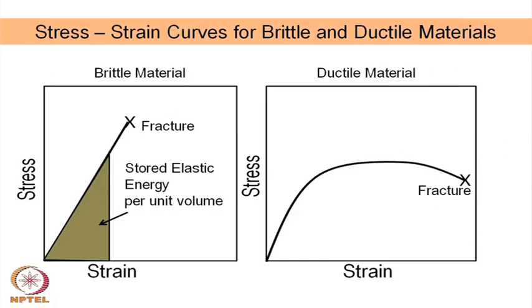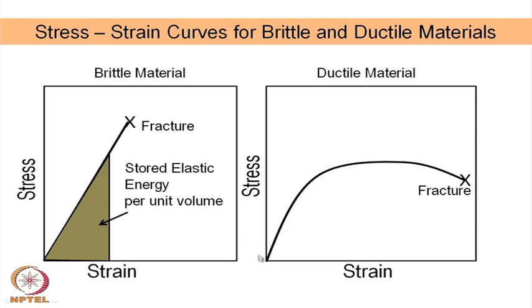Now, the basic concept, as we have said, the ceramic materials are brittle, and therefore, there is a significant difference between the stress strain curves of a brittle material and a ductile material. I think it is very fundamental to mechanical properties of ceramic material, and this is how we compare. This is a brittle solid like ceramics, and this is a ductile solid, representative of which is metals and alloys.